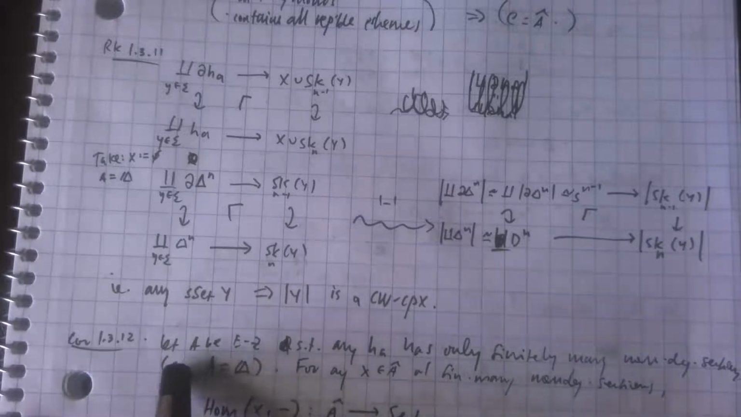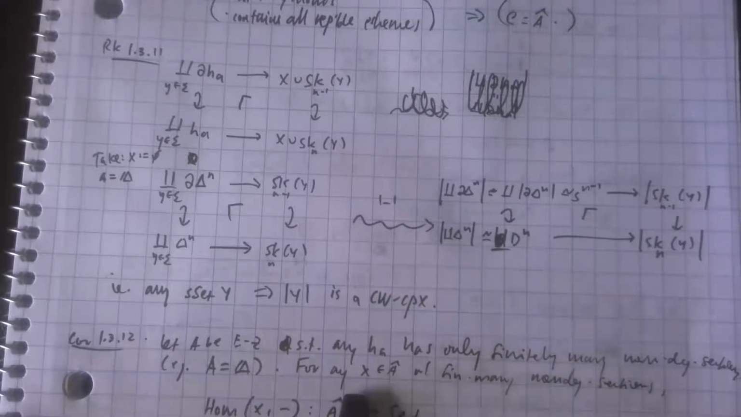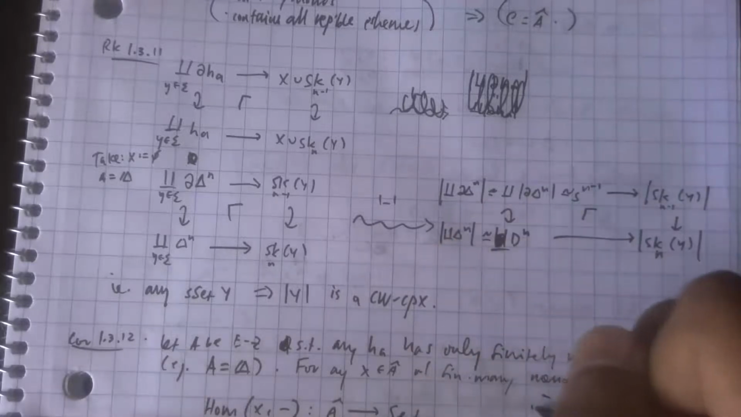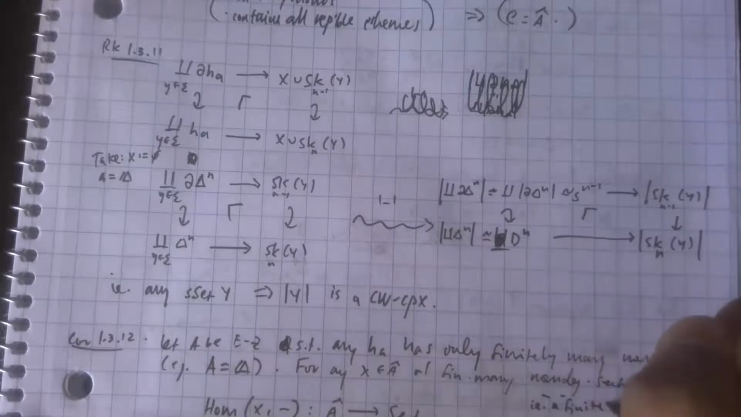Then, okay, given an Eilenberg-Zilber category A, such that any representable has only finitely many non-degenerate sections. For example, our simplex category is such a thing. Then for any finite simplicial set X, that is, an X with finitely many non-degenerate sections, i.e. a finite simplicial set,